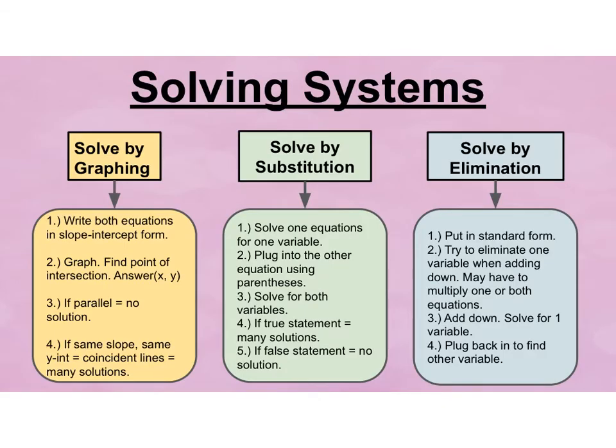Here's a recap of solving systems. Remember when you're solving by graphing that you need to graph both equations, usually put them in slope-intercept form. The answer is going to be a point, so make sure you're writing it as a coordinate point, x, y. If the lines are parallel, write no solution because they'll never intersect. If they have the same slope and the same y-intercept, they're going to be coincident lines, so you'll have many